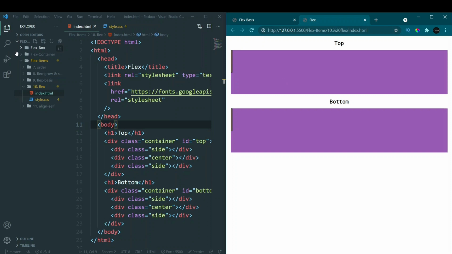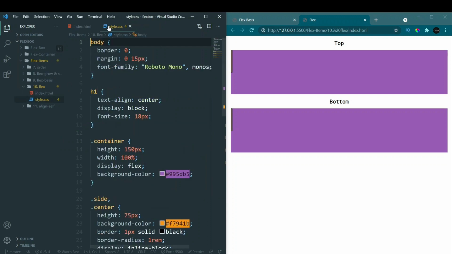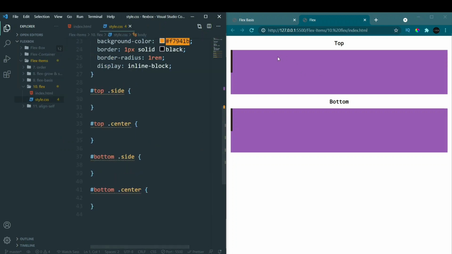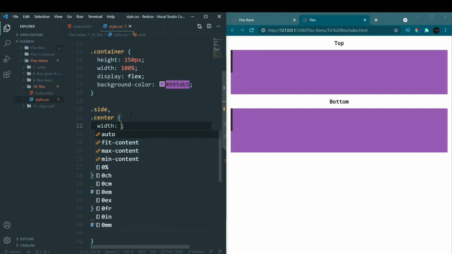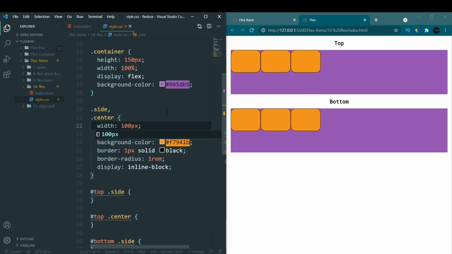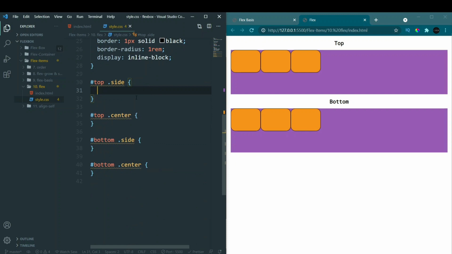We saw the first shorthand property over here, that is flex flow, where we use 2 properties in this one property. Okay, so now let's see how we can use flex. So again we have these 3 boxes. For some reason they are not visible because the width is gone from here. Let's add a width of 100px. Yeah, now it is visible. See, sometimes even I make mistakes.